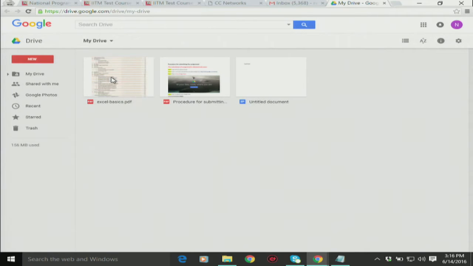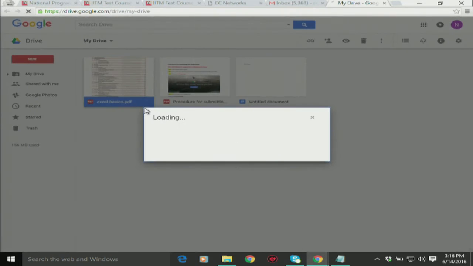Once the file is uploaded, I need to share this with the admin ID of the course. In this case, I am using a test course, NOC15_CERT exam. So I am sharing it with the admin ID; if your course ID is NOC16-ME08, the student needs to share it with the admin ID of the course.